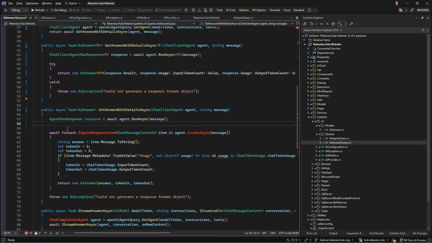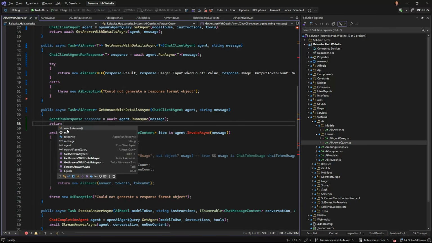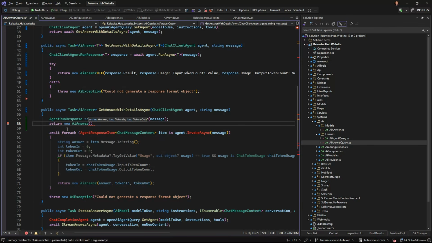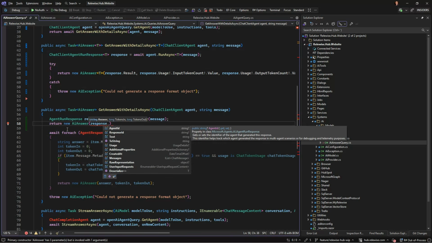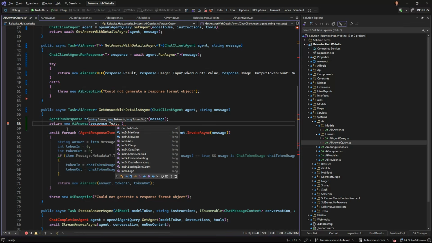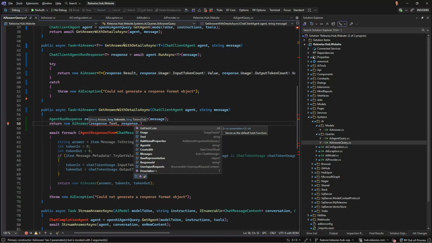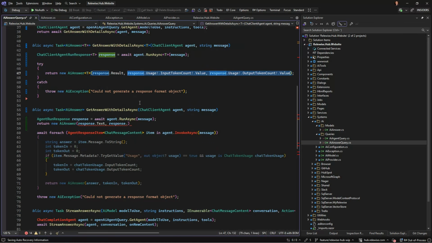And I guess we're just gonna return an AI answer, which be response dot text and response dot input and output again up here. Guessing we could begin to use the agent run response instead of my own here, but we will just keep it so it's a one-to-one conversion.